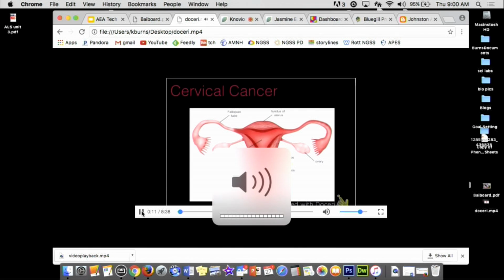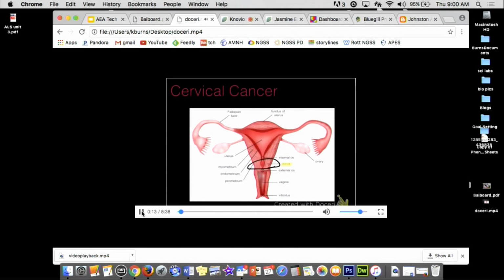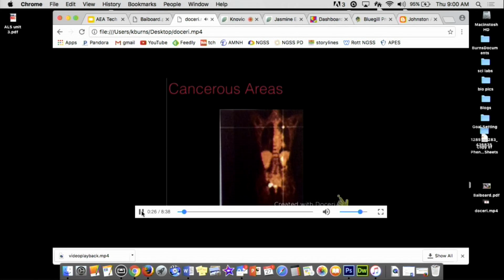The cervix is an organ in the female reproductive system. Due to your symptoms, such as vaginal bleeding, suggested that the issue was in the reproductive system, and we narrowed it down to there. Tests show that your cancer started in the cervix, but has spread to other areas, such as the bladder, kidneys, and lungs. Because your